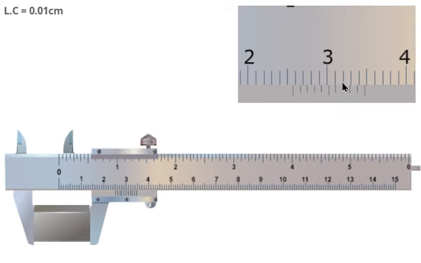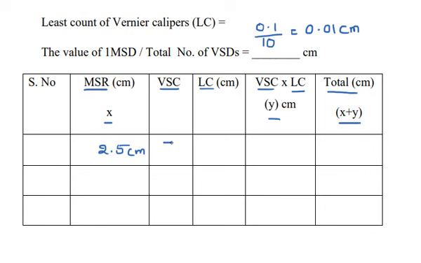We will go for the best coincidence. Here in this example, it is 7. The seventh division of the vernier scale is exactly in line with the main scale reading. So let me write in the table that 7 is the vernier scale coincidence. Least count was just determined as 0.01. The next column is vernier scale coincidence into least count. So 7 into 0.01 is